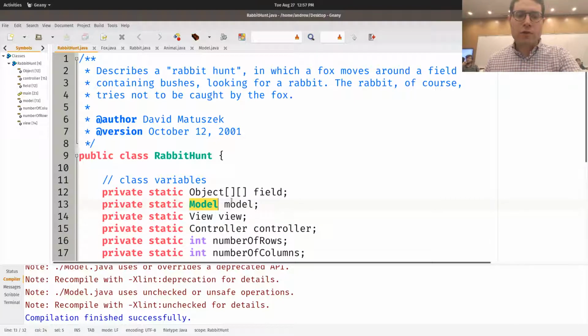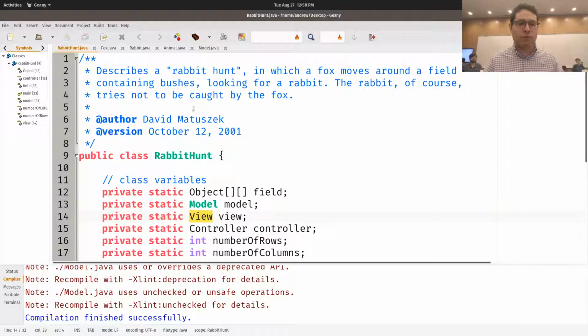The model is the logic behind everything that goes on in the graphics. That's the underlying code, but it doesn't handle any of the drawing or anything the user can see. The view is what the user sees. You're not going to have to mess with anything about that. That's what displays the graph to the user and updates everybody's position on the board so we can see it.